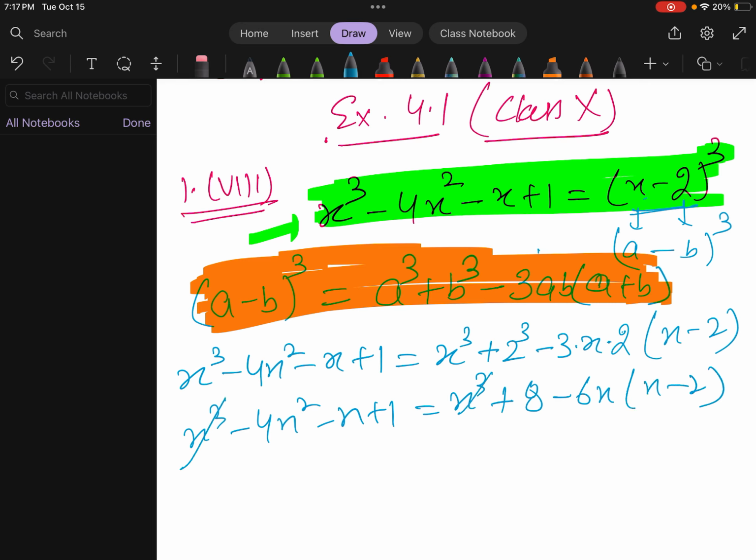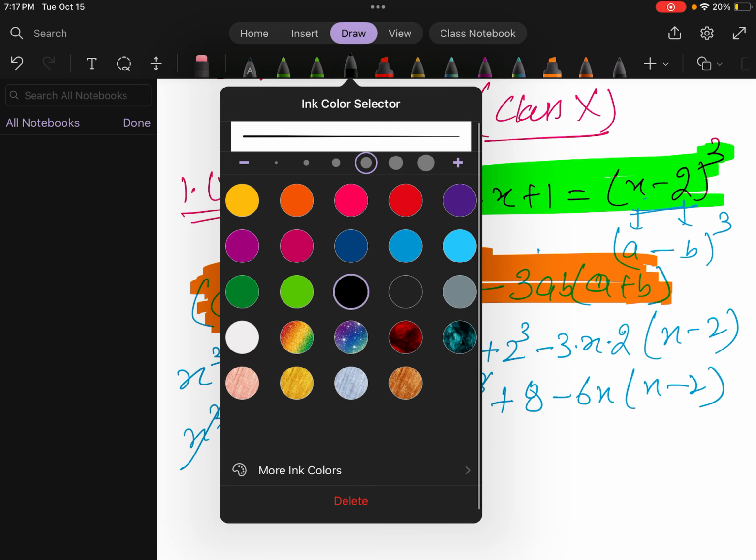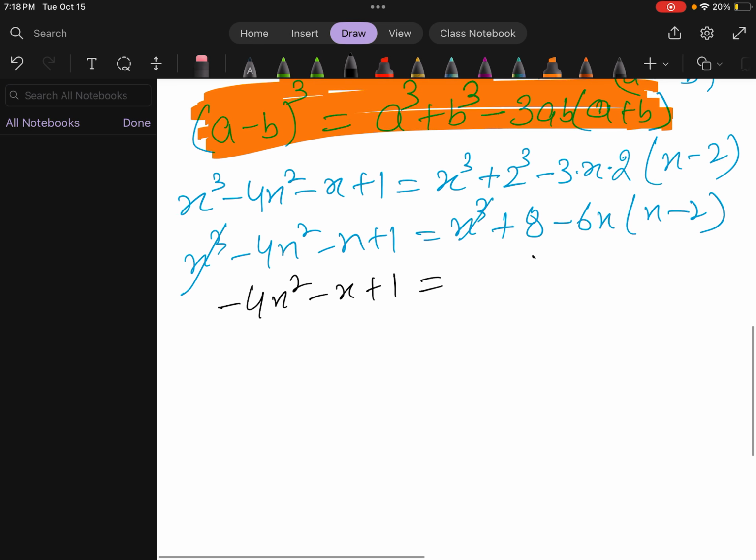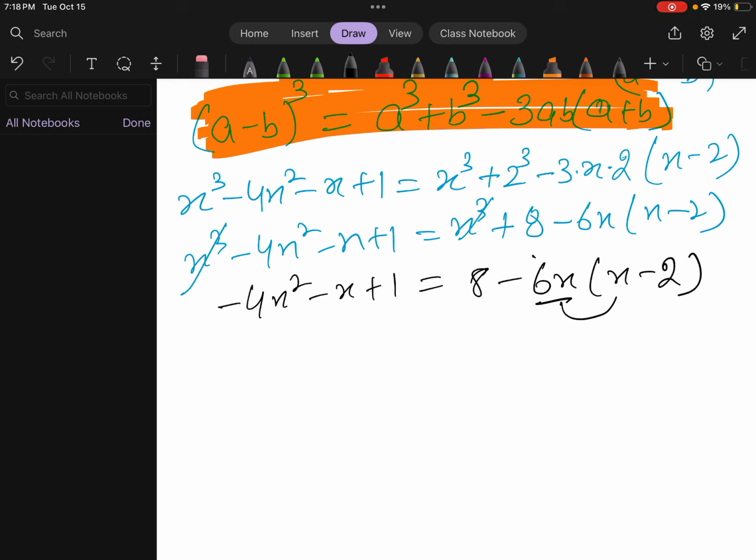So x cube and x cube we can simply cancel. After this, the result will be 4x square minus x plus 1 is equal to 8 minus 6x into (x minus 2). So what we do is multiply this with this one and this with this one. So minus 4x square minus x plus 1 is equal to 8 minus 6x square plus